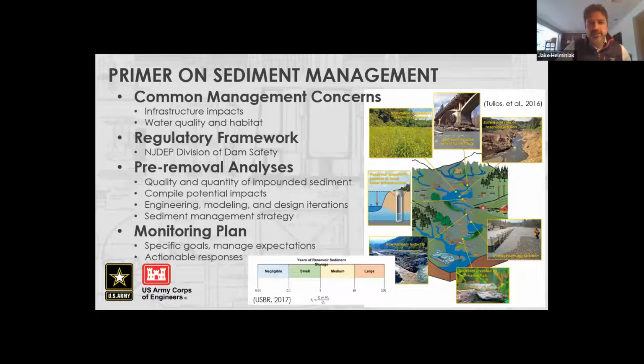So in 2016, a group of researchers synthesized these common management concerns from dam removal projects all across the country. Again, I'll provide a reference later, but their research came up with a broad suite of 7 or so common management concerns, which I'm not sure you can read on the right, they're a little small. Essentially, it boils down to, I summarized it in 2 bullets,